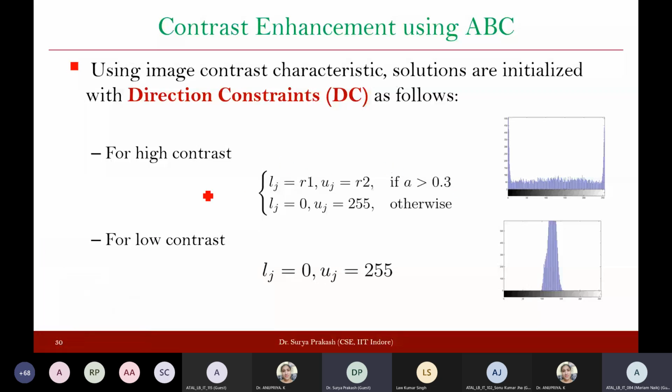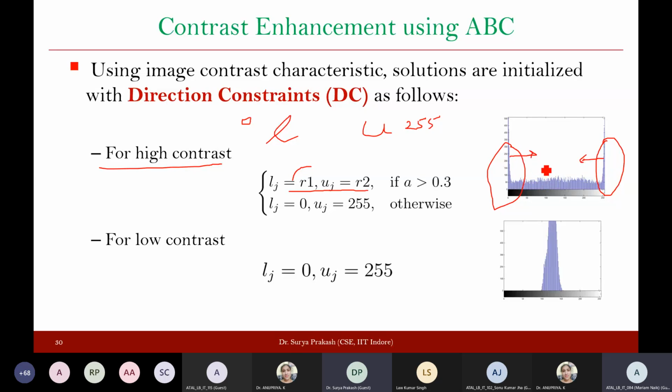So for the high contrast images, our objective is to initialize the values, or give the intensities, to the solution in a particular range. Here we are saying that L and U are not holding the values 0 and 255 respectively. They are restricted to hold a value between R1 and R2 only. And why are we saying this? Because we already know that a lot of pixels are accumulated here and here, so we want them to go back here. So when we are doing the initialization, we say that the initial intensity that we want to give should be